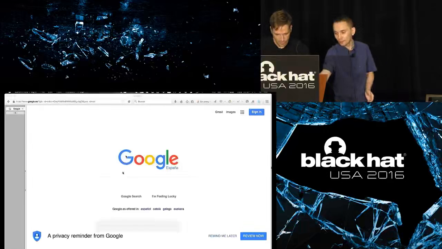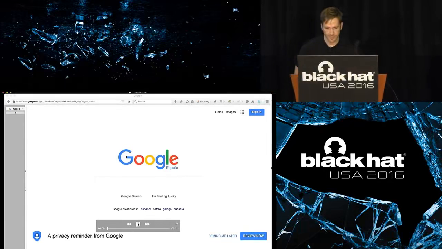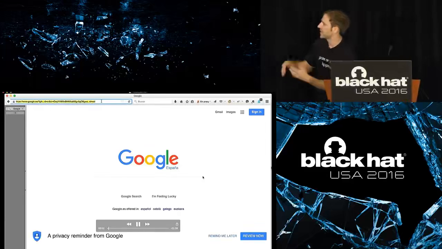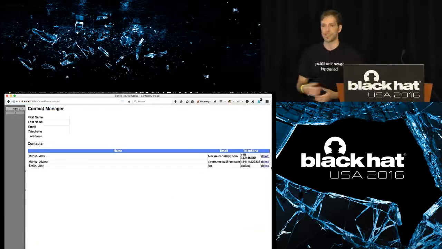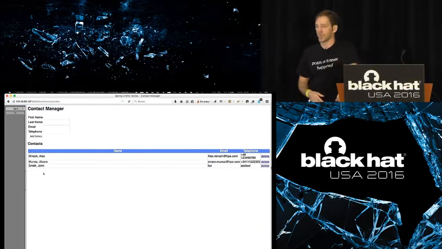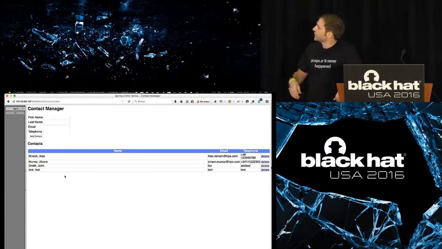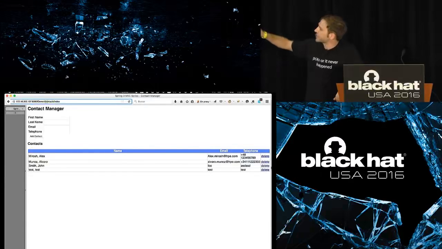Okay, so let me switch to the demo. We are going to visit a vulnerable application, a sample application built using JPA, the Java Persistence API, and using the EclipseLink reference implementation. It's just a sample application to manage contacts. We can add contacts, remove them, and so on. If we go to the /persistence URL, I don't know if you can see it from the last rows,